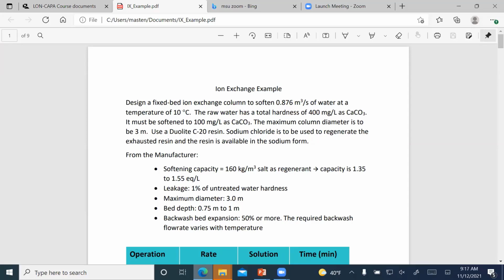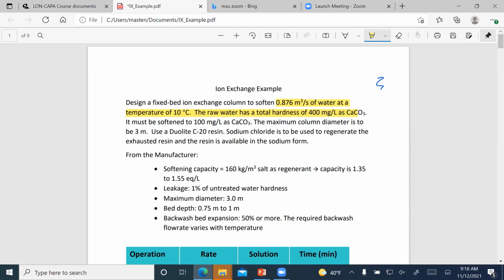What we'd like to do today is go through this example. What you are asked to do is to design a column where you're softening. You're asked to design an ion exchange column to soften about 0.88 cubic meters per second of water, given